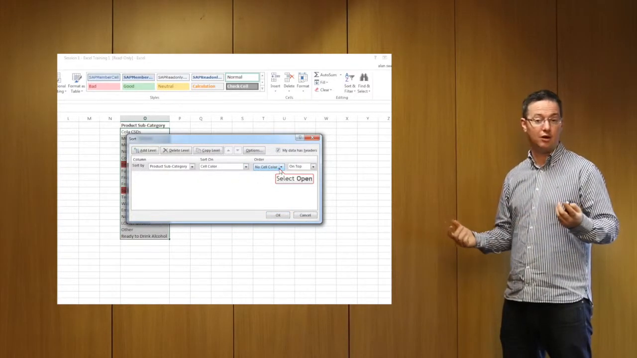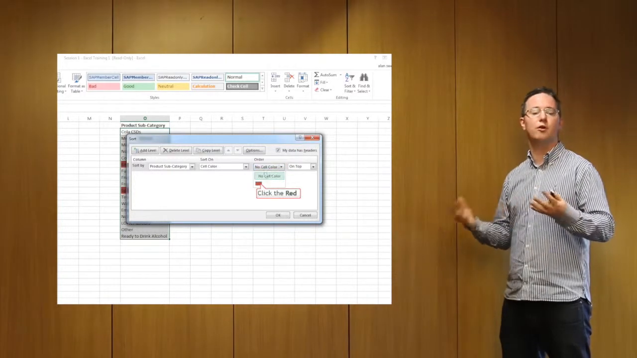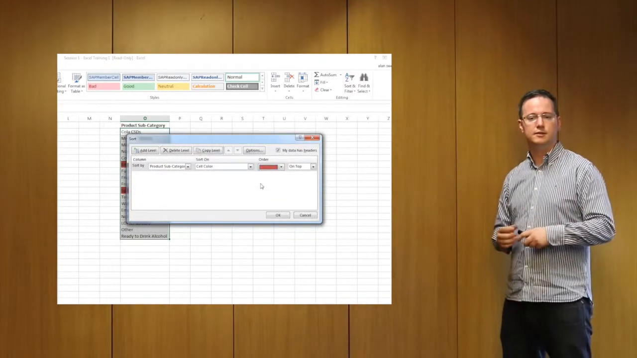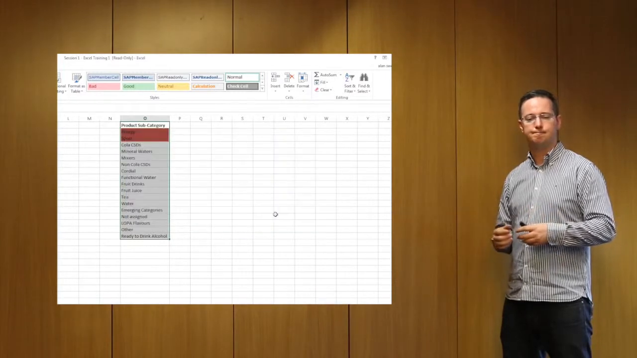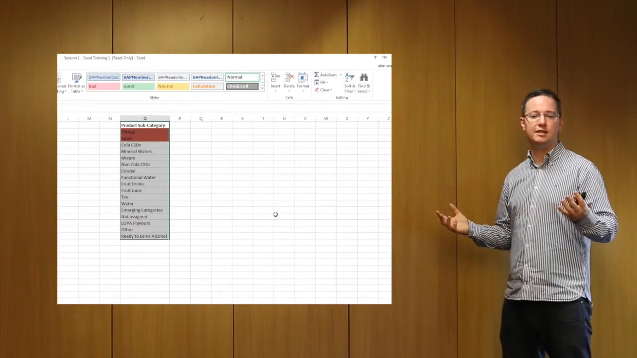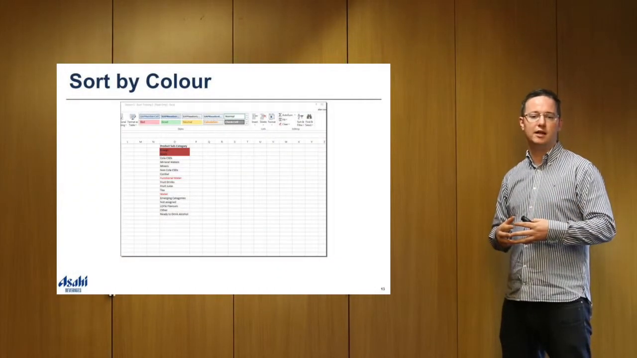And then we're going to select the color that we want to sort by. This is for if you had multiple colors, of course. And we'll go OK. And as you can see, the list now is sorted with the cells in red up